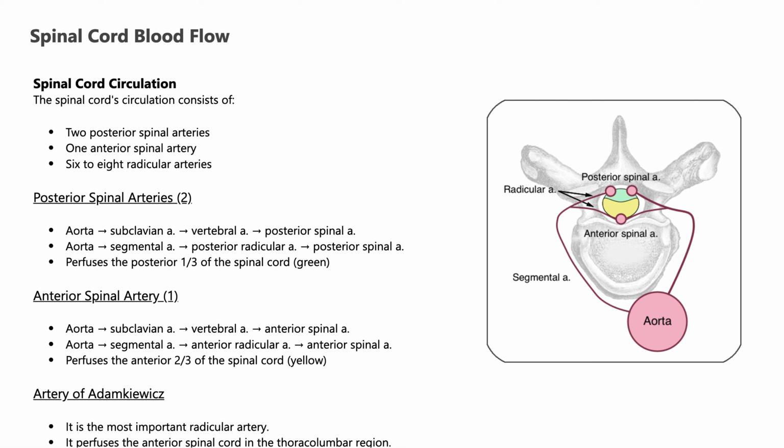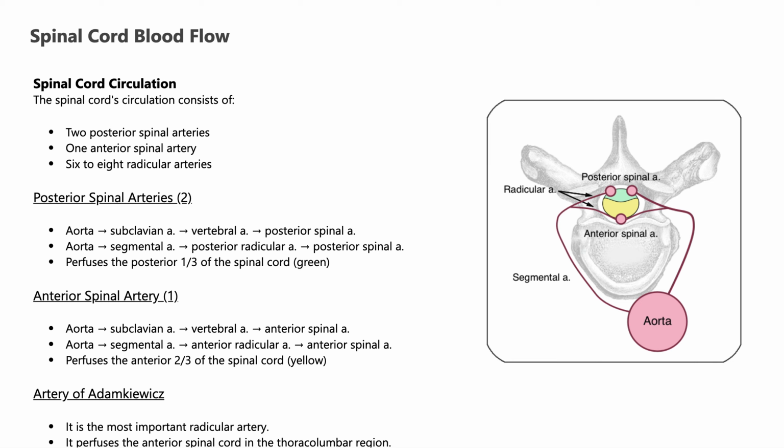Regarding the posterior spinal artery flow, it goes from the aorta to the subclavian artery to the vertebral artery to the posterior spinal artery, and also from the aorta to the segmental artery to the posterior radicular arteries to the posterior spinal arteries. And it perfuses the posterior one-third of the spinal cord, which is illustrated in green on the